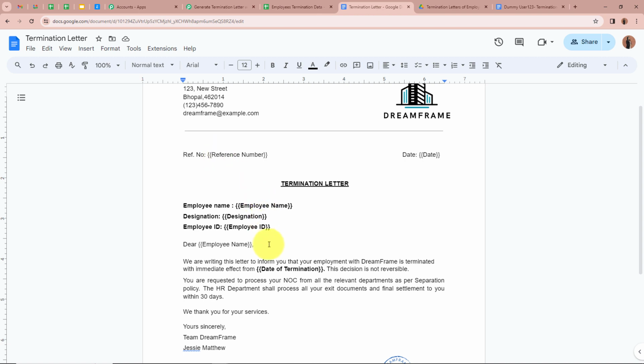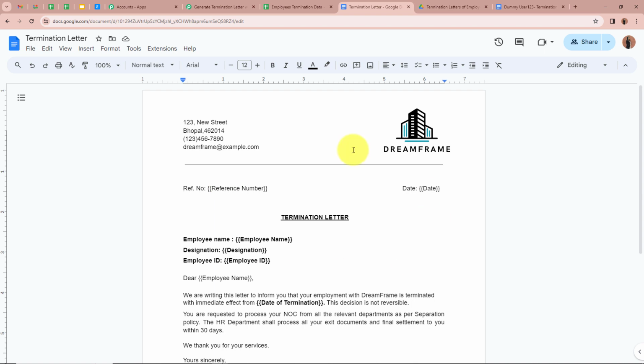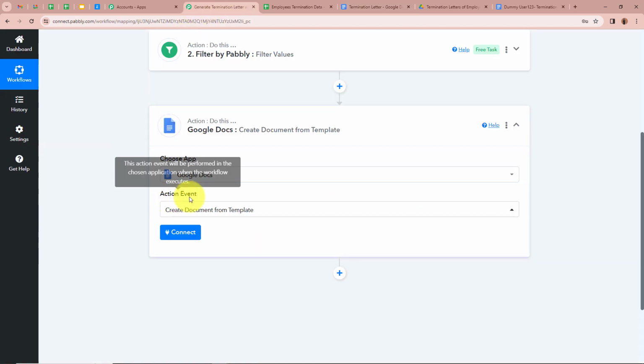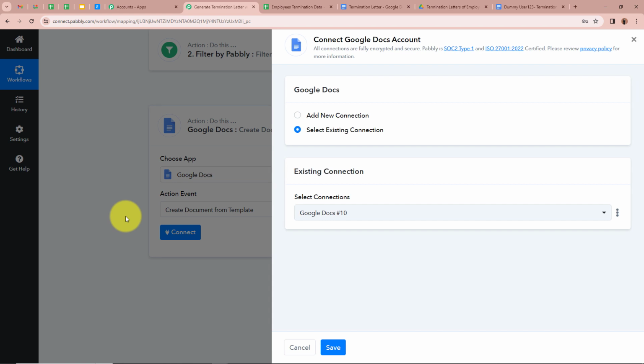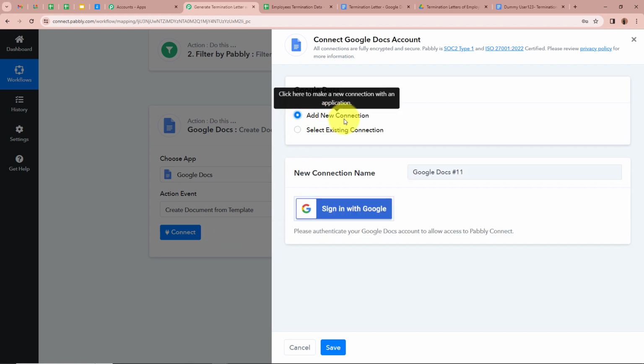For that, I've created the variables in this template right over here, and this is the template that I've created. So if I'm going to take you back over here, I've selected my action event as create document from template. After that, I'm going to click on connect in order to connect Google Docs with Pabbly Connect. Then a new window is going to appear in front of you, on which I'm going to click on add